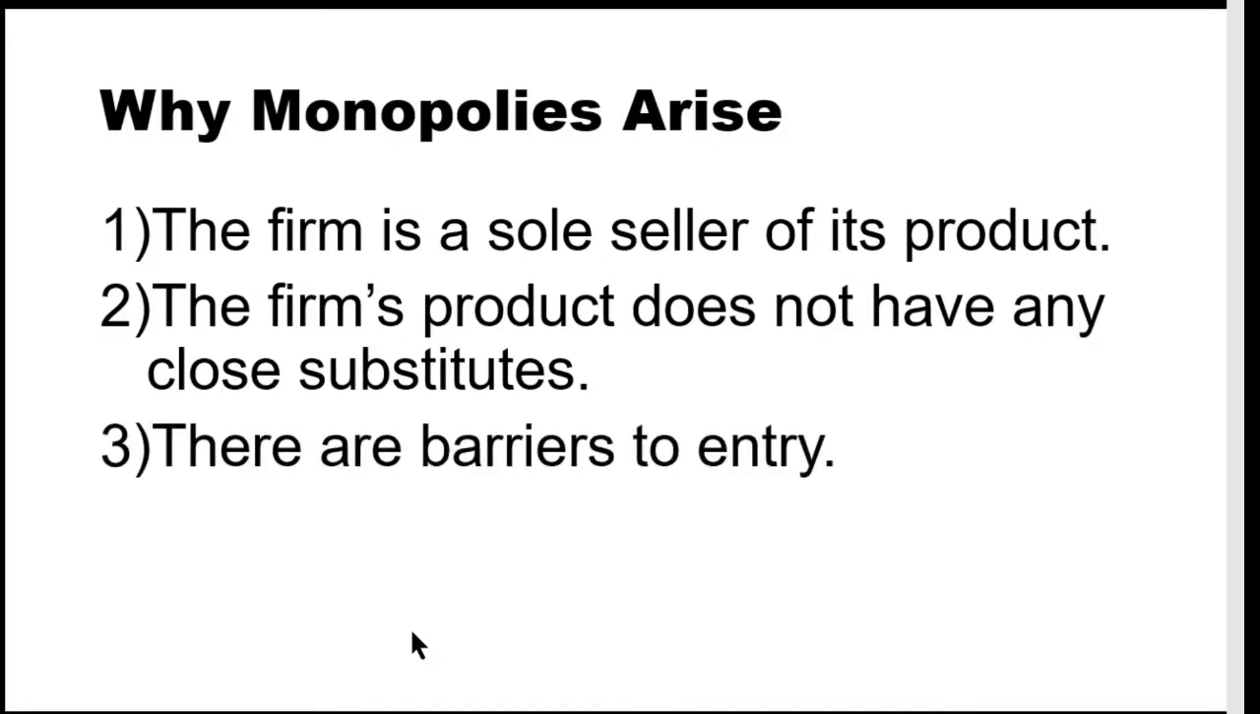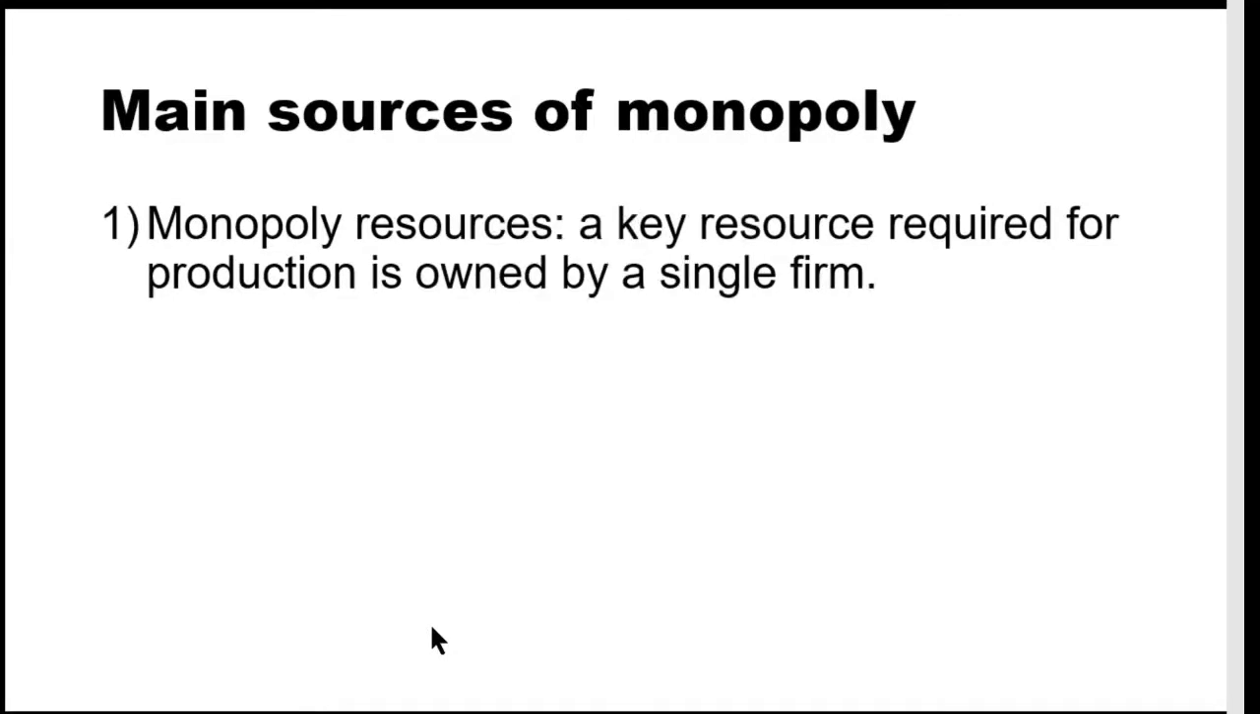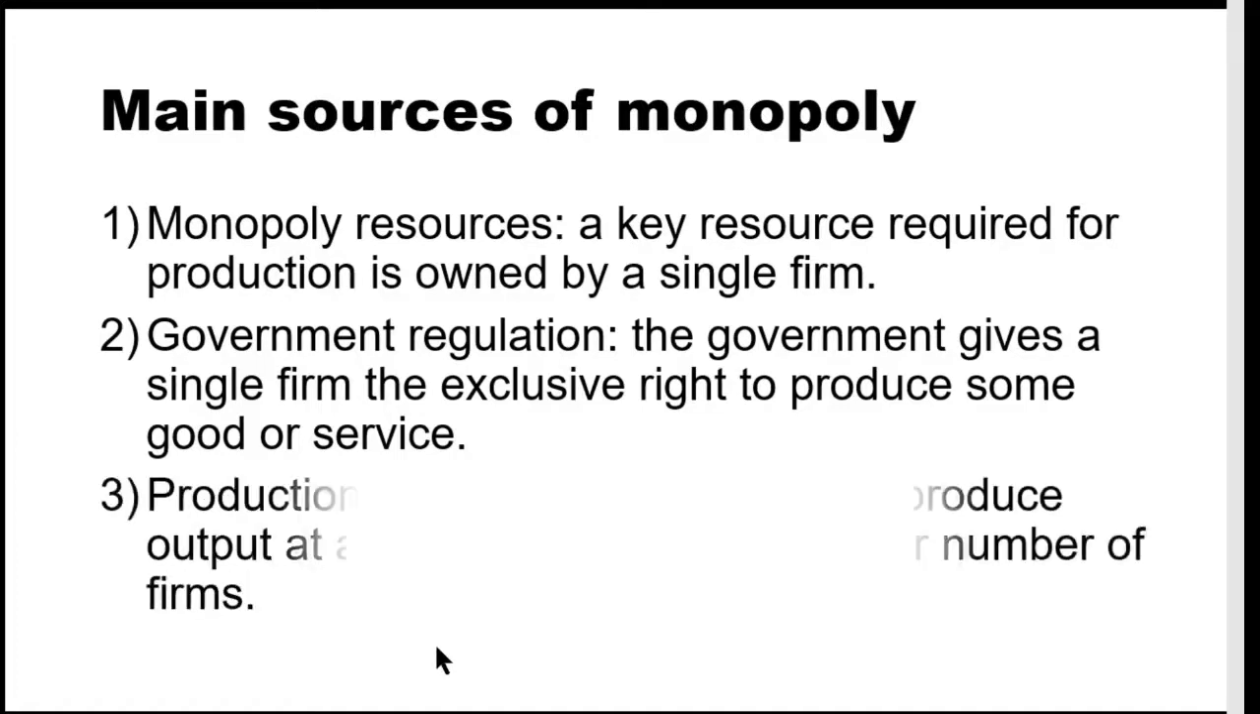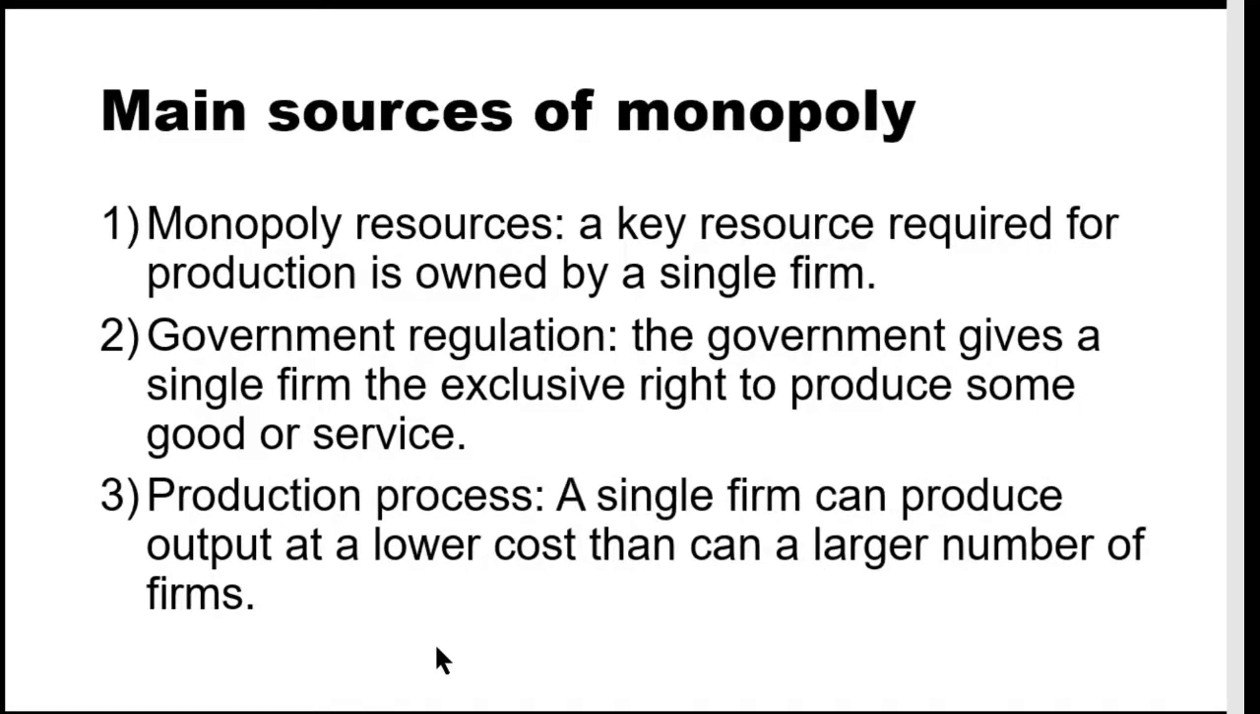There are barriers to entry here, as mentioned earlier, and there are some sources of monopoly. So first is the monopoly resources, wherein there's only one firm that owns a key resource. Second, there could be government regulations. This prevents other firms or individuals from entering the market. And the third one is because of the production process, wherein